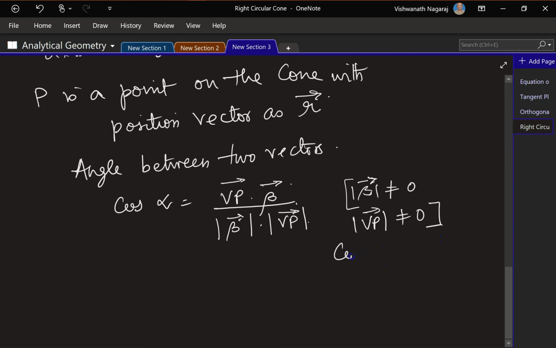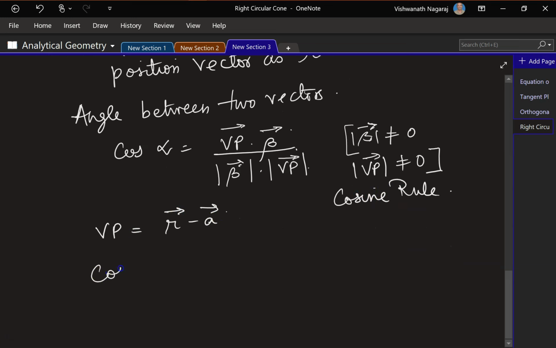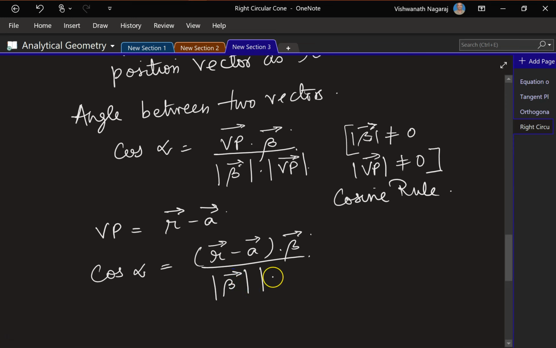This is nothing but our cosine rule. Now we know VP would be equal to R minus A. So cos alpha would be (R minus A) dot beta divided by magnitude of beta times magnitude of R minus